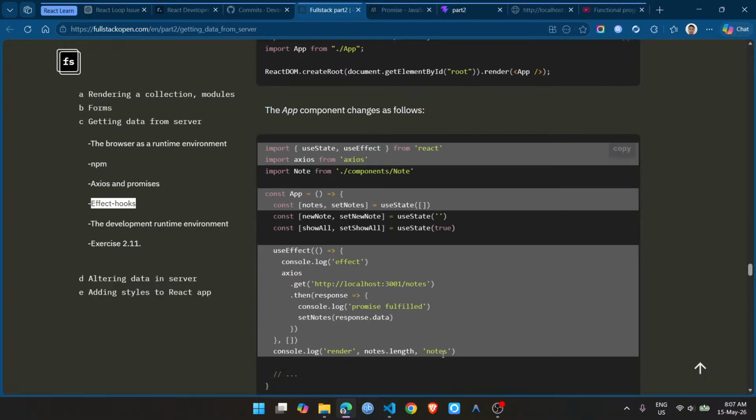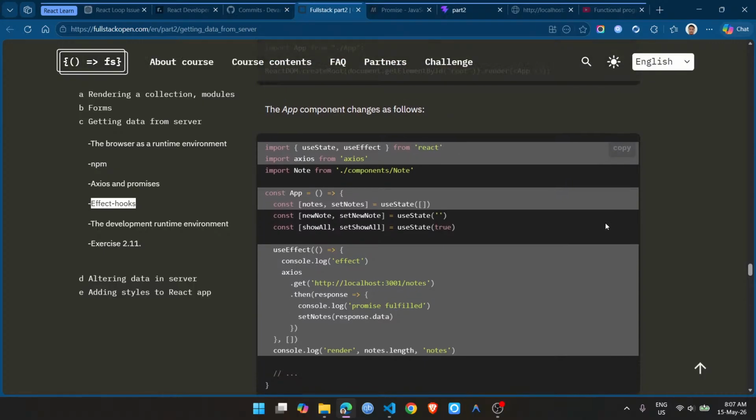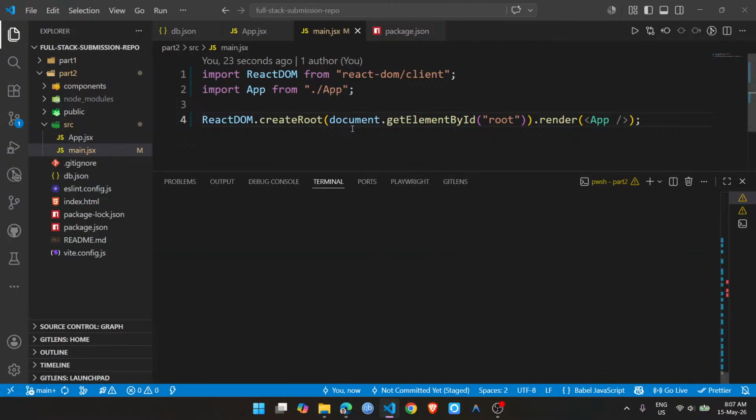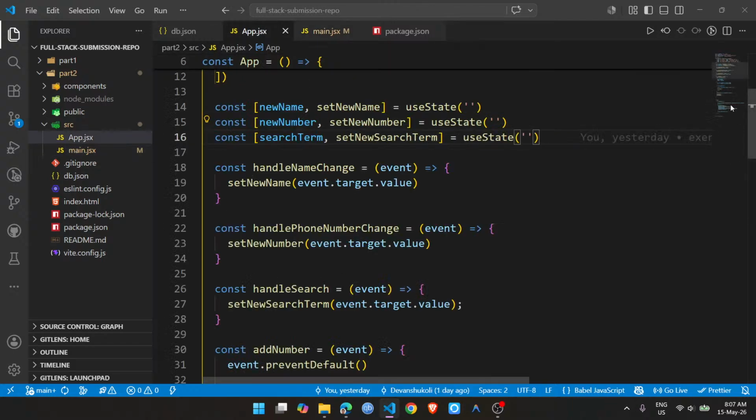The app component changes as follows. So they want me to, inside my app component,